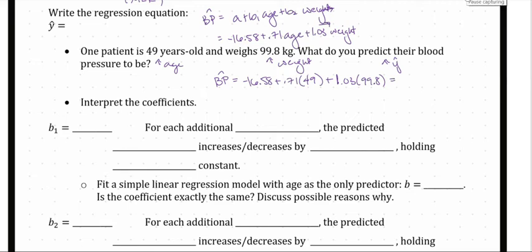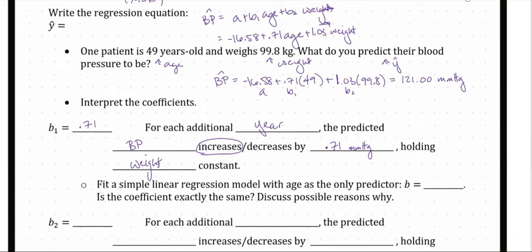And we work this out and we get our answer. The predicted blood pressure for this person is 121.00 millimeters of mercury. So what do these coefficients mean that we found? Again, our coefficients are these sample estimates, A, B1, and B2. B1 in this case is 0.71. For each additional year, the predicted blood pressure increases or decreases. In this case, it increases by